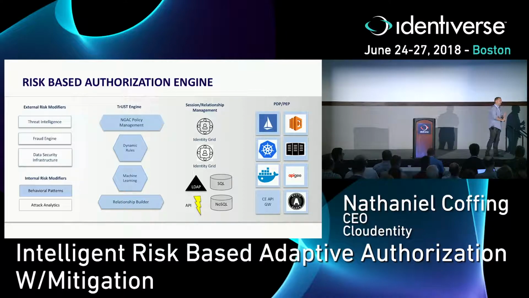So, let's offload LDAP, let's offload SQL, let's offload your API calls, let's offload NoSQL from the identity grid itself, and then let's just build relationships with pointers that go out to that data and retrieve it if and when you need it. Or better yet, let's have that data publish itself onto a service bus